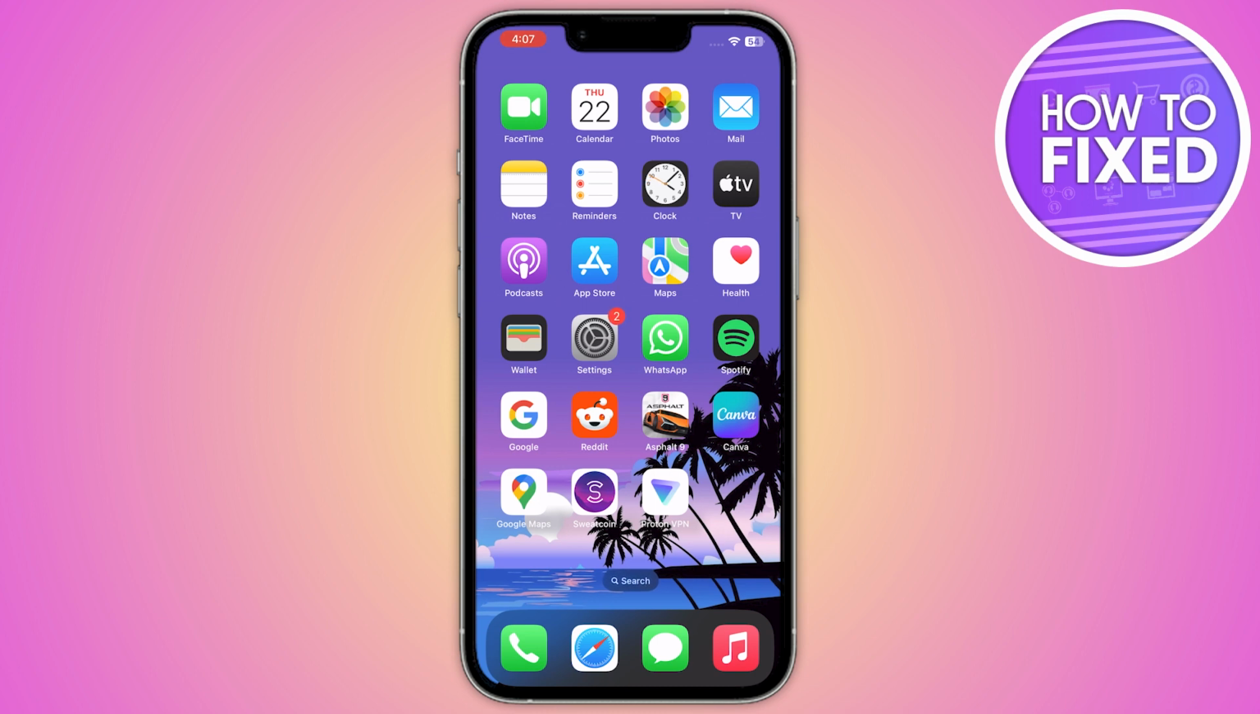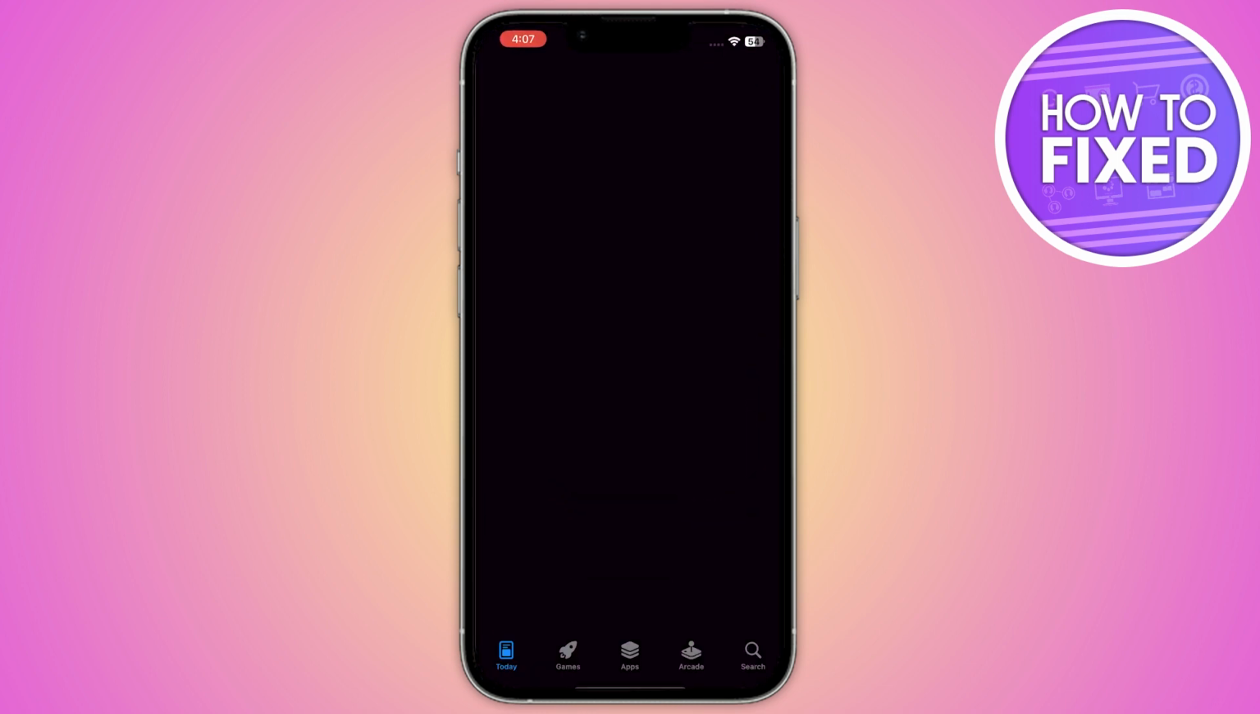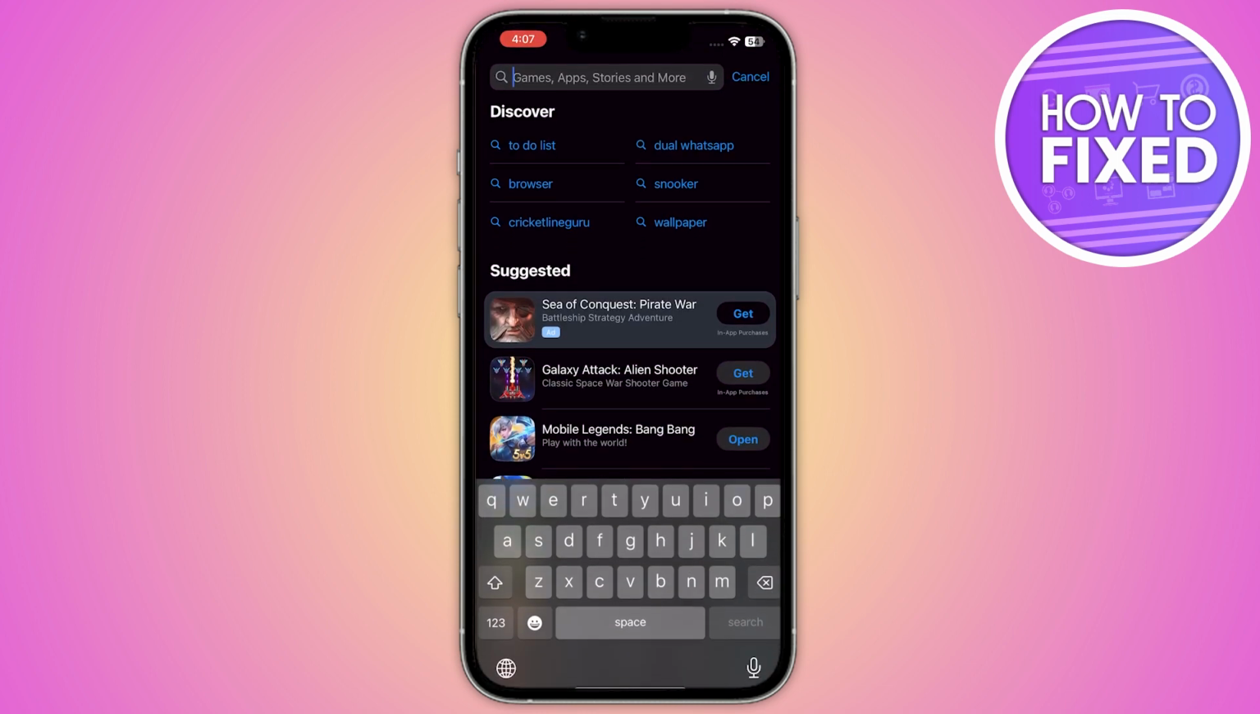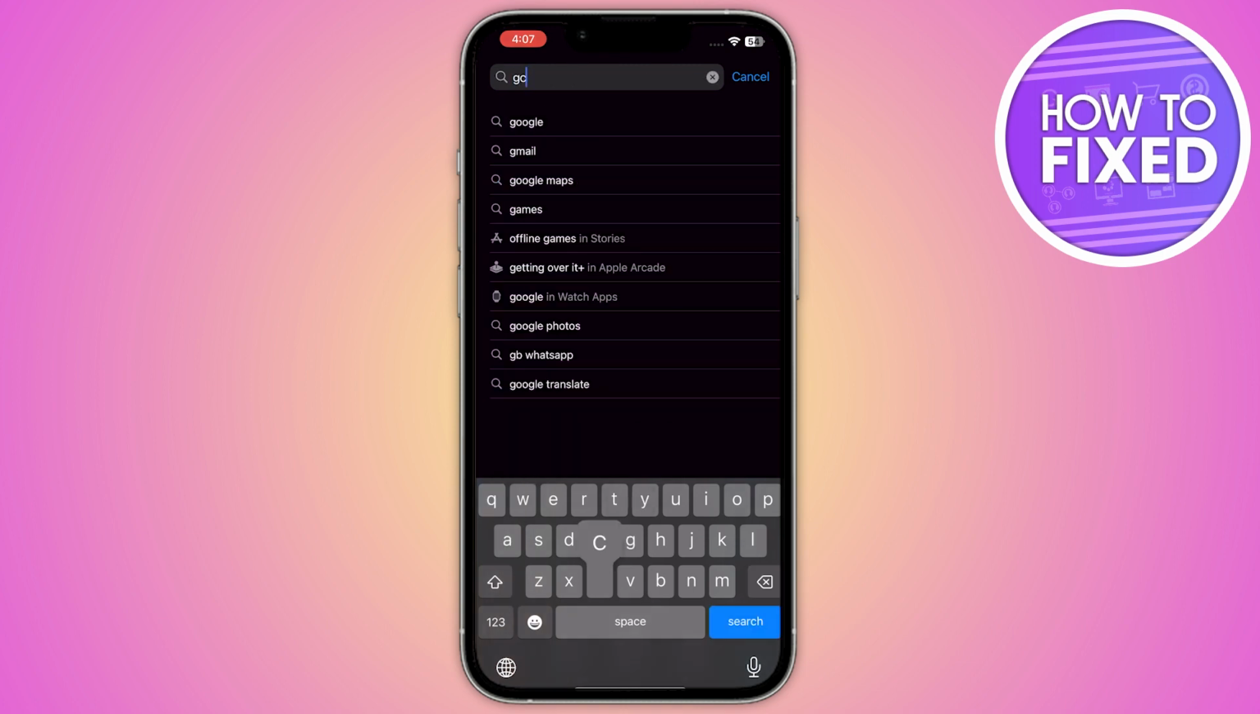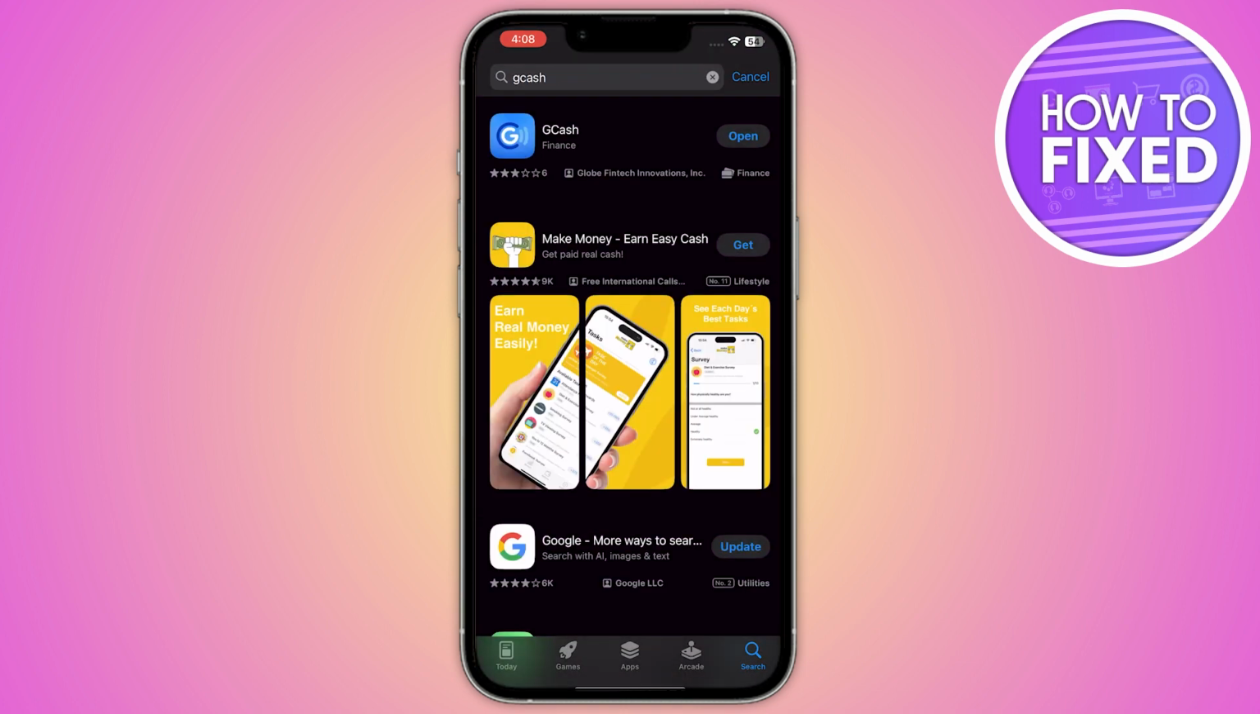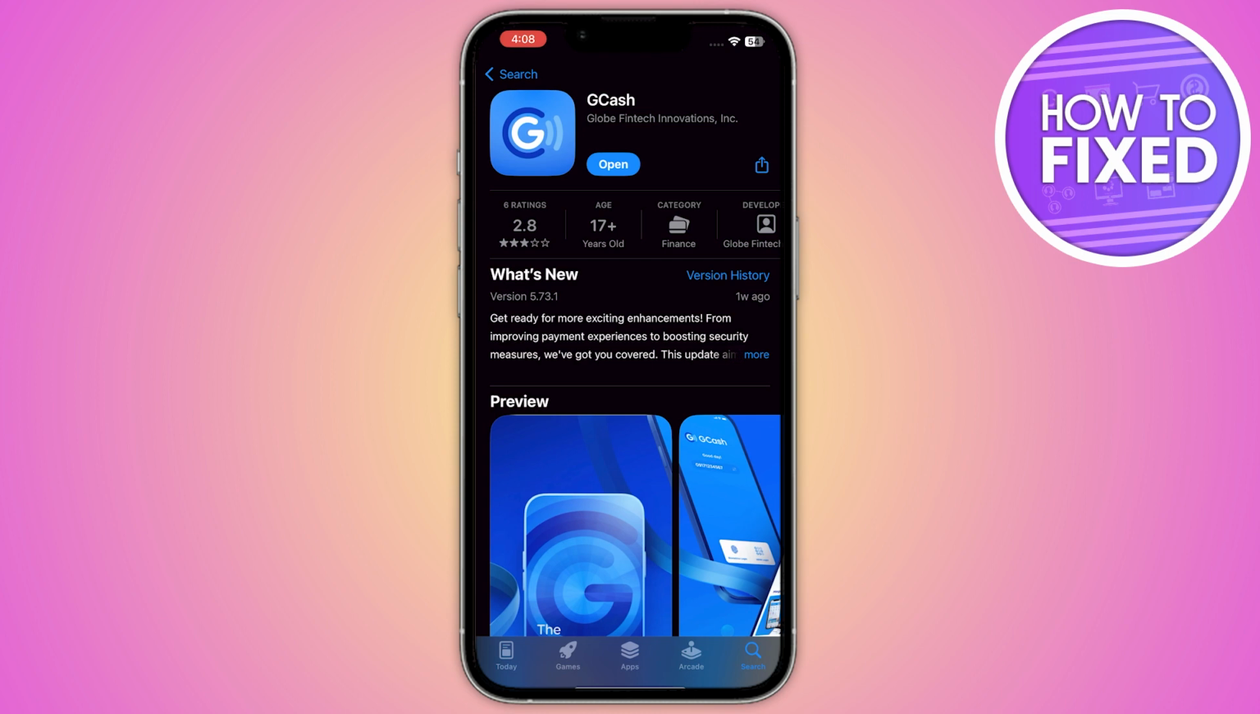So the first step that you have to do is go into your App Store or the Play Store that you are using, and from here you have to go in the search and simply search for your GCash. Now you just have to click on it and you have the option to update your GCash, so you just have to update it. And if you are still not able to update it, for that you have to